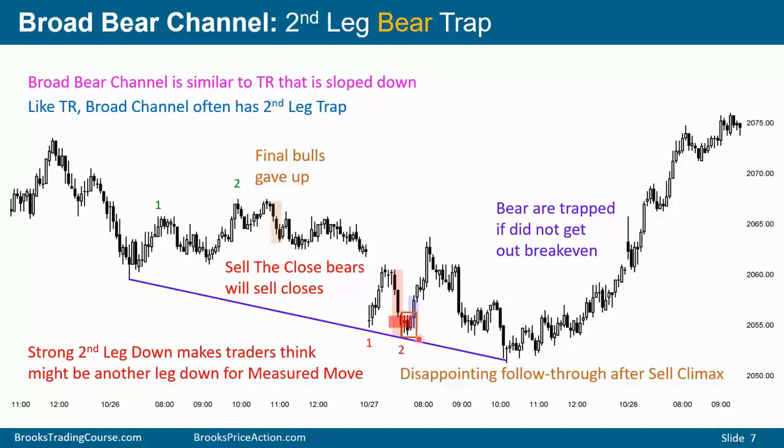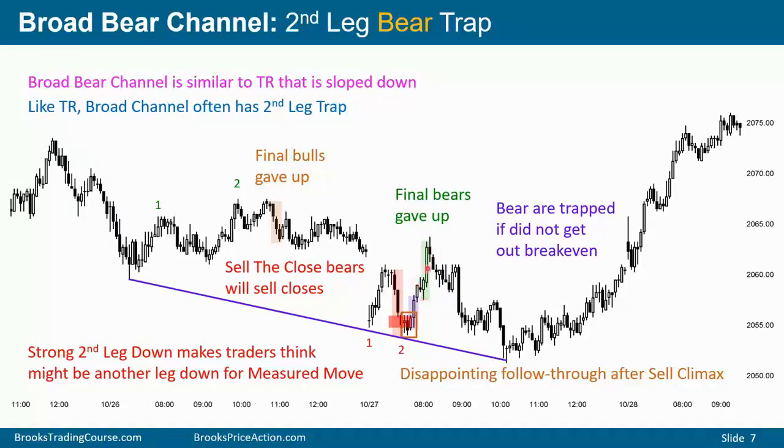And if they did not get out on the test of that low close over here, or anywhere in this tight range, they gave up here. You can see this bull breakout starting to reverse the sell-off, and this represents bears buying back their shorts, and it also represents bulls buying, expecting a leg up in a broad bear channel. And the final bears gave up here. If they did not give up here, they gave up here. And this became a two-legged trap going up in the bear channel.